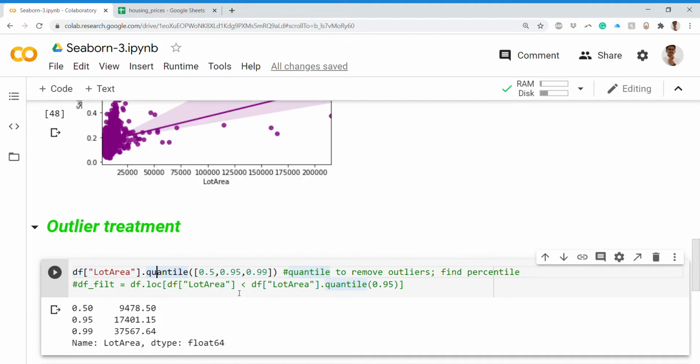So basically you pass a list of different percentiles. These values, you can see that 0.5 is nothing but the 50th percentile, that is the median value. Then you have the 95th percentile, and then the 99th percentile. You might wonder which values to put. These are the standard values followed in any organization or for any analysis purpose, whether it's in the testing domain or in data analysis, anywhere you have these kinds of ranges.